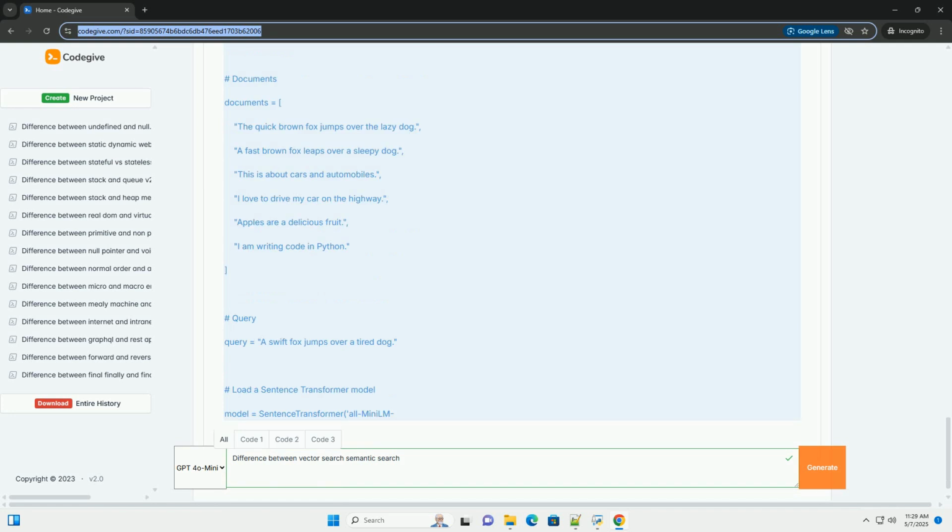Relevance: provides more relevant results by understanding the meaning and context of the query. Handles synonymy and polysemy: can handle synonyms and polysemy by considering the semantic relationships between words. Improved recall: may find documents that wouldn't be found by keyword-based search because it's less reliant on exact keyword